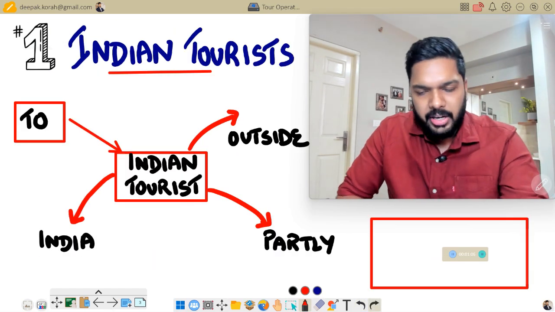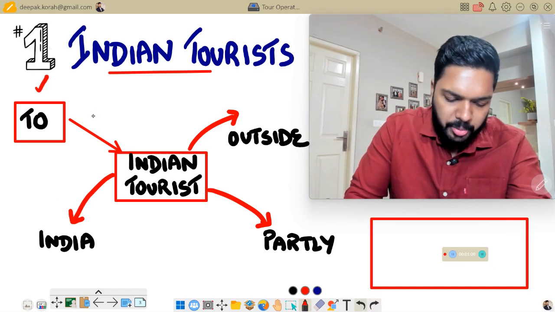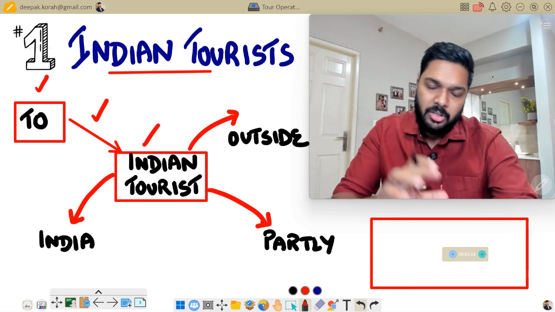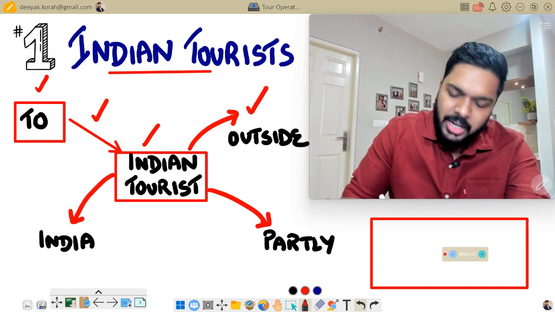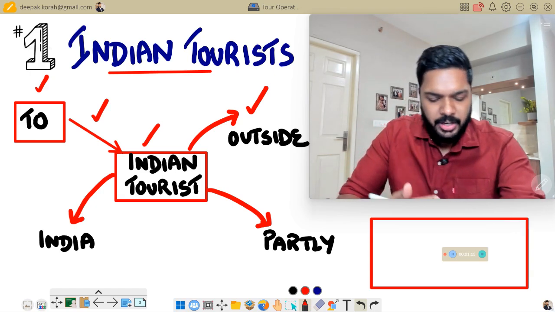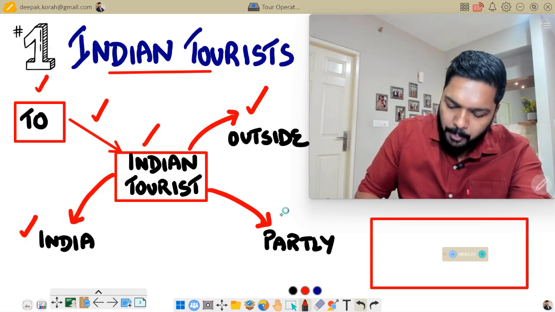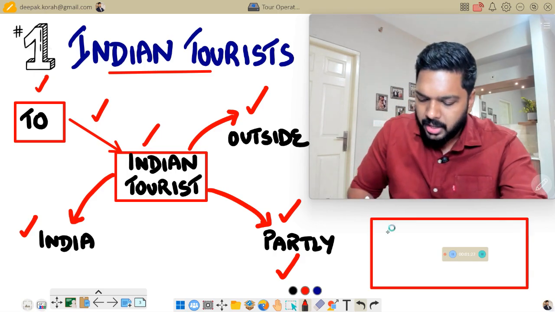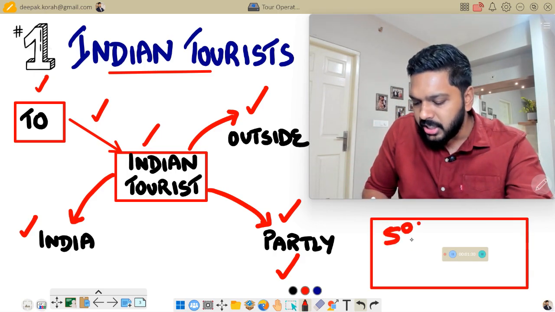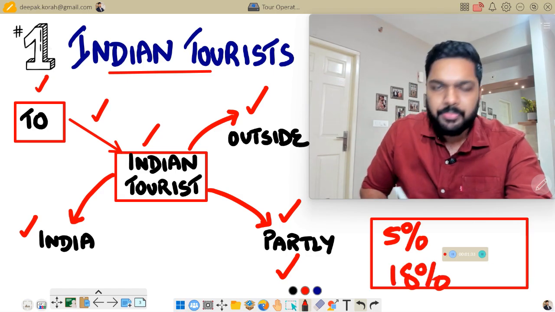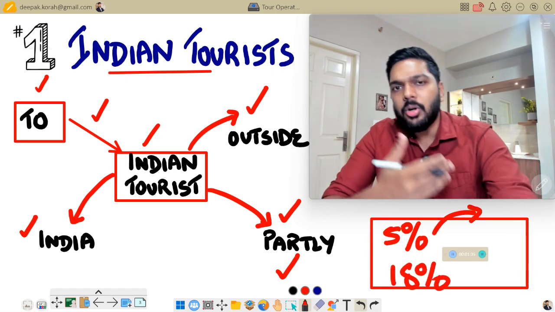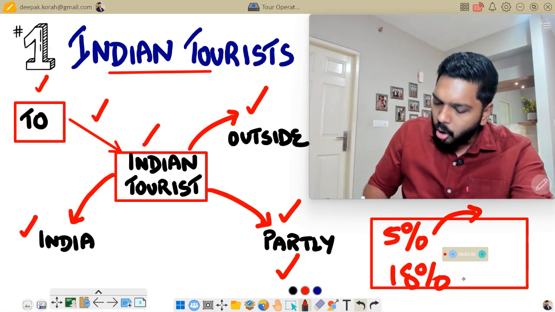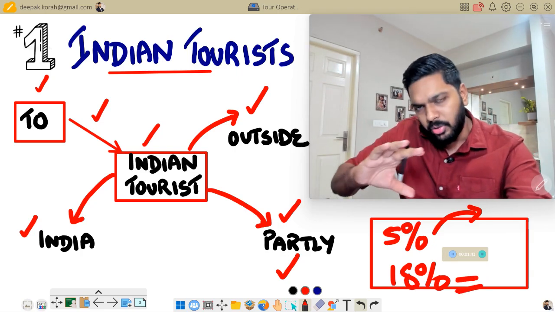The first one is for an Indian tourist. So you have a tour operator providing a tour operating package to an Indian tourist, and if that Indian tourist is availing services to do a tour completely outside India, or completely inside India, or partly outside India, partly inside India, as long as the service recipient is an Indian tourist, the tour operator will have to charge a 5% GST or an 18% GST. A 5% GST if he or she does not avail input tax credit, that's basically credit of the purchase GST that you pay,